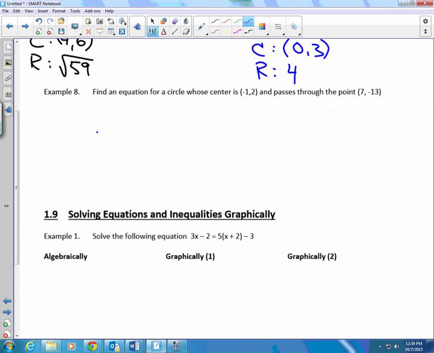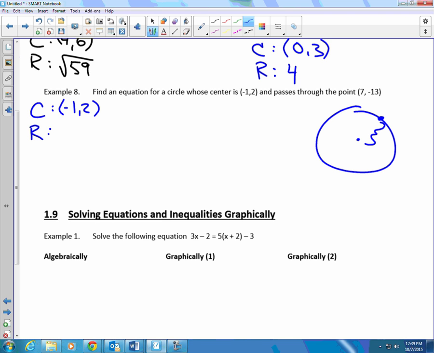Find an equation for a circle whose center is (-1, 2) and passes through the point (7, -13). In order to identify an equation for a circle, we just need the center, which in this case is (-1, 2), but then we also need the radius. Does anybody have an idea how I could compute the radius given that information? Find the distance between the two points. If its center is here and it passes through a point there, simply find the distance using the distance formula, correct? And the distance formula says the square root of